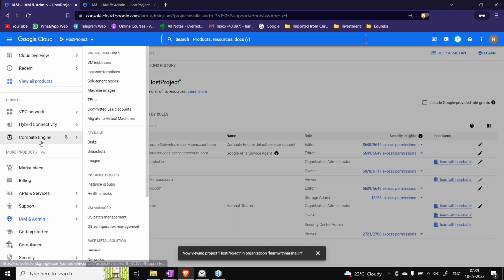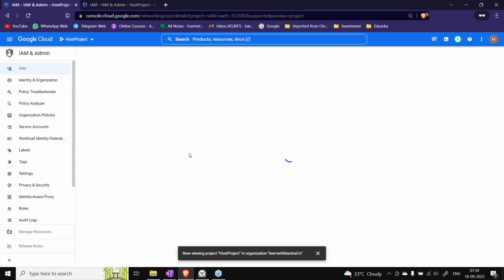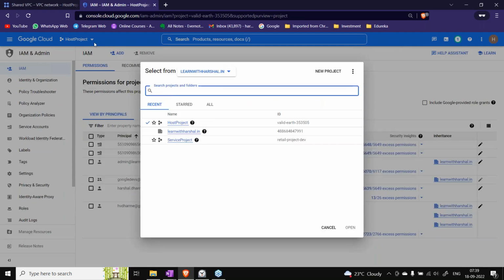If I go to VPC, shared VPC, right? For now we don't have any shared VPC setup, right? And here, these are the two projects, the host project and the service project. What we'll be doing is, in the host project we'll be creating a shared VPC, and in the service project we'll be using it, right?